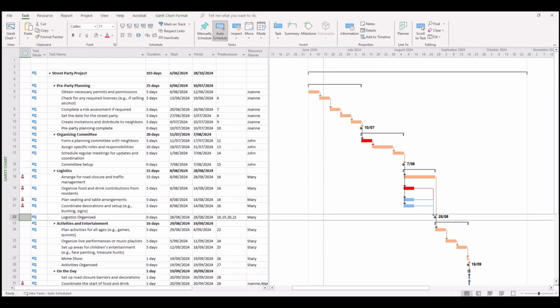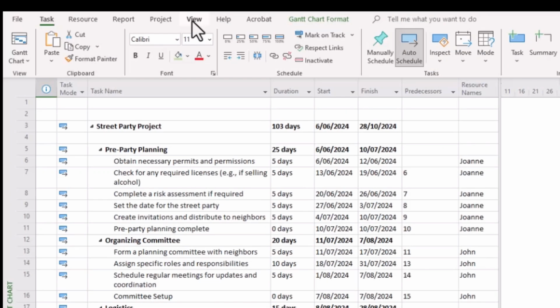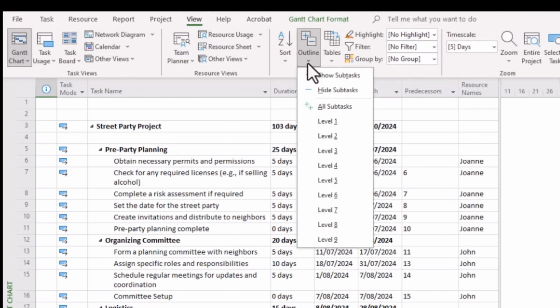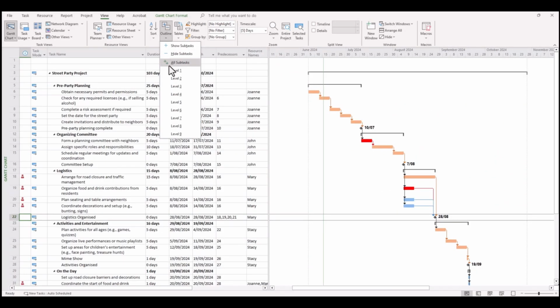Now, outlines and filters are another tool that can be used in Microsoft Project. We might wonder, well, what first of all are outlines and how can this benefit us? Well, in your ribbon, click on the View ribbon there, and you'll notice here there is an outline. And this helps to filter or differentiate all the various steps in the hierarchy of your schedule. So for example, if we're going to go to level 1, straight away it just goes to the overall project from start to finish. It doesn't really provide a great deal of information.